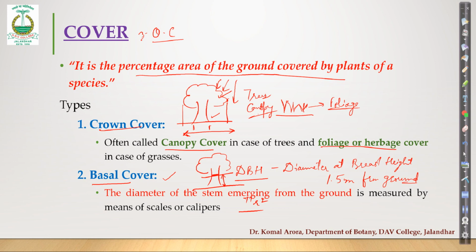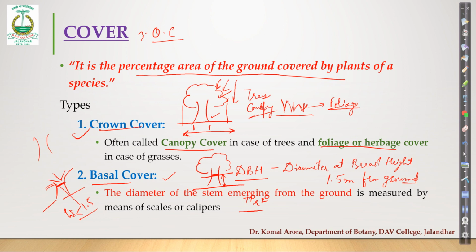Now in some cases when the branching appears early in trees, for example, let's suppose you have this plant, okay, this is the ground level and the branching started appearing very early. So you don't have a 1.5 meter gap. Then what will we do? Right from the base, from where the branches are arising, the height may be less than 1.5, but we will select that point for measuring diameter. Okay. Now there is another instance, if by chance, for this ground cover. Let's suppose a plant is growing, now this is a two-dimensional view.